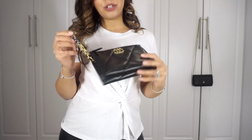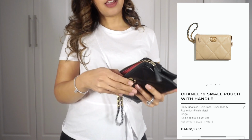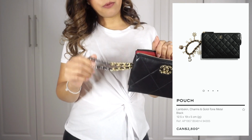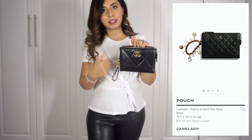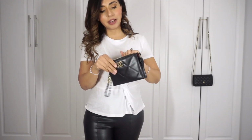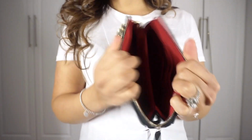This is from the 20K collection, and this is a 19 wristlet, very, very spacious. They have come out with other wristlets, similar layout. The one that is out for Cruise 2021 is a little bit more expensive because it's got charms on the wristlet, but I'm pretty sure that Chanel's going to bring out this silhouette time and time again because it was so popular. But just going over it, it's quite soft and fits quite a bit in there comfortably, but there's